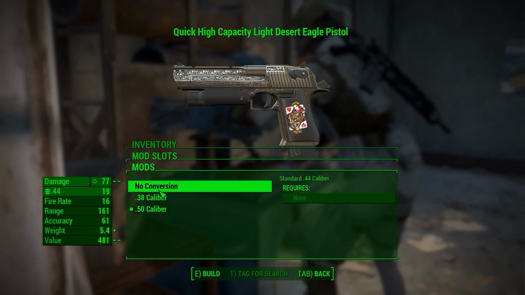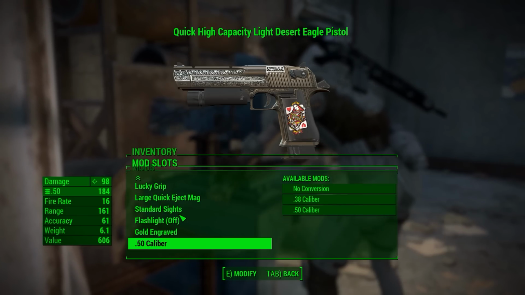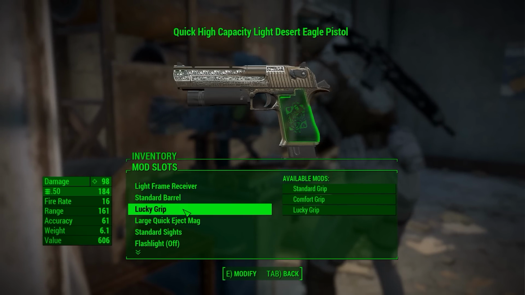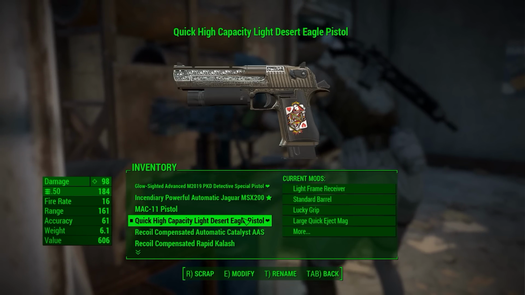So no conversion is going to be a .44, and then we have a .38 and a .50 caliber conversion. I like having it on the .50 caliber conversion because of that damage. But even just taking note of how much damage some of these weapons do, they are balanced. There was definitely balancing in mind when these were being made for Fallout 4,